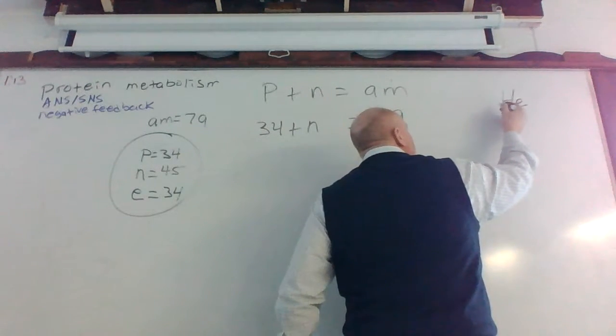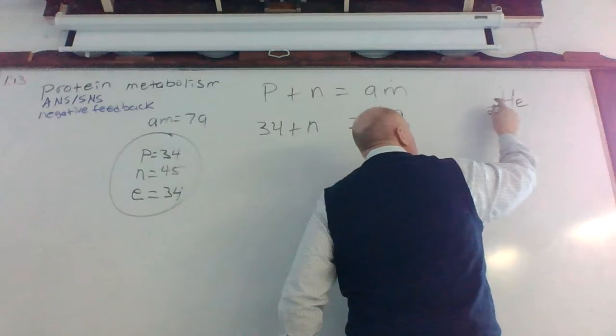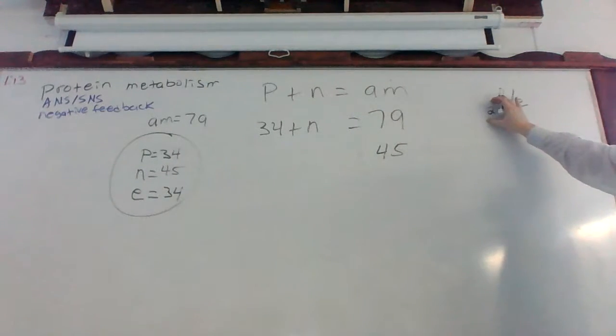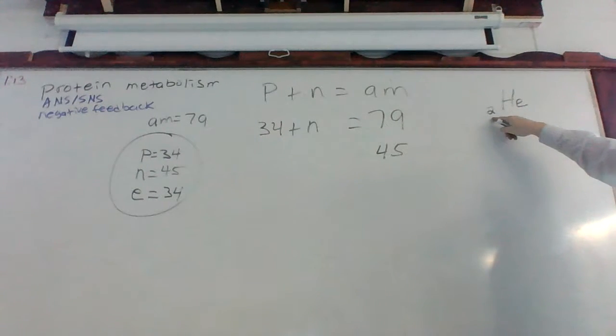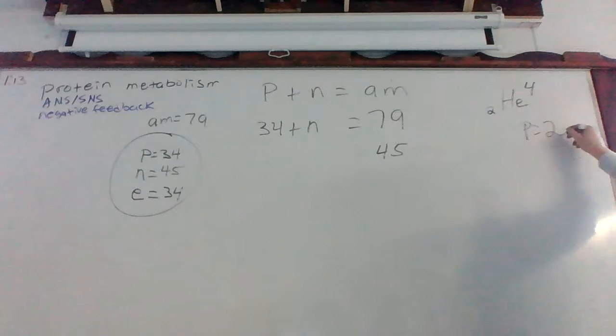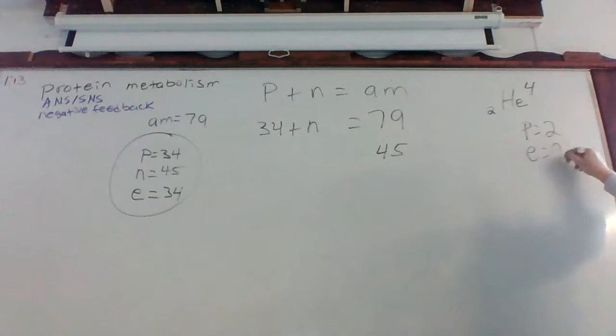Atomic number of what? How do we identify the helium? Number of protons, which is what? Okay, so we got a 2. And then the atomic mass for helium is what? Approximately 4. So in this case, protons equals 2, electrons equals 2, and neutrons then also equals